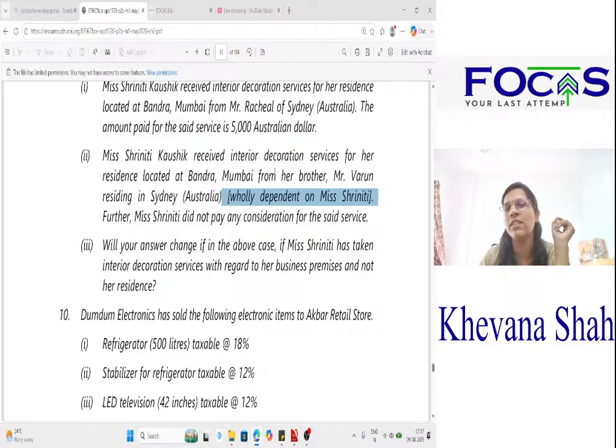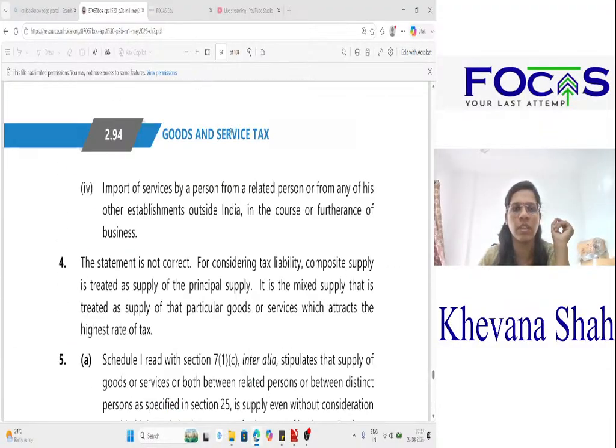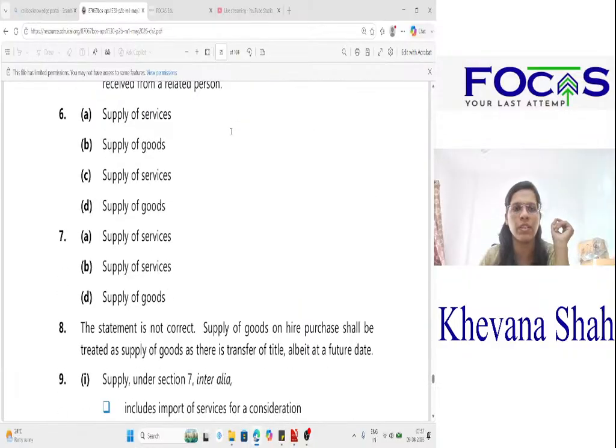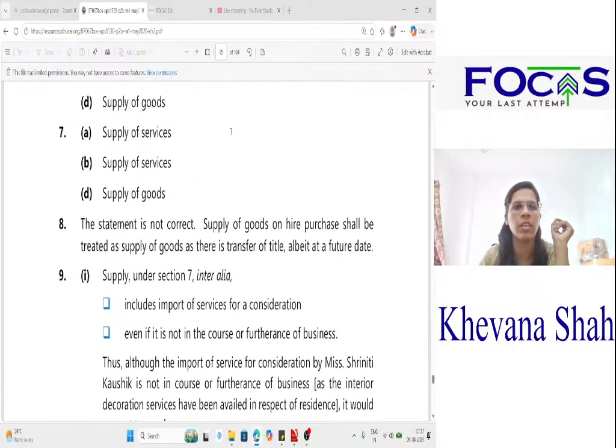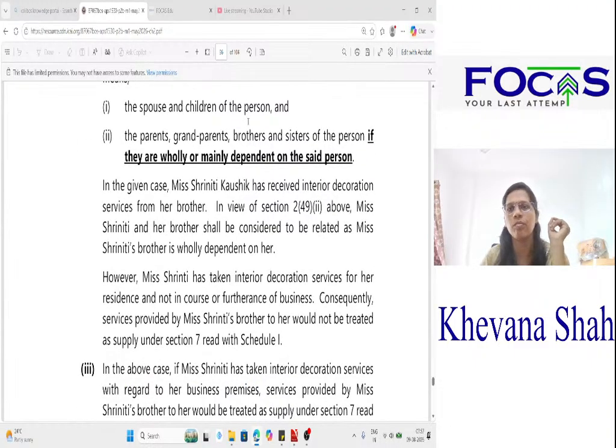What they have given is she has received services from her brother, who is wholly dependent on Miss Srinidhi. So now this brother is a related person, and Miss Srinidhi did not pay any consideration for the said service. So whenever there is an importation of services from a related person without consideration, then in that case also,